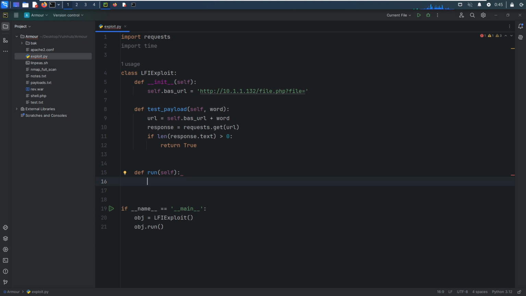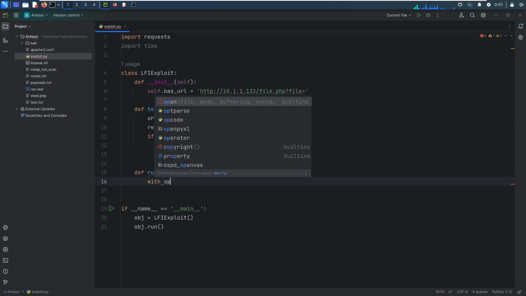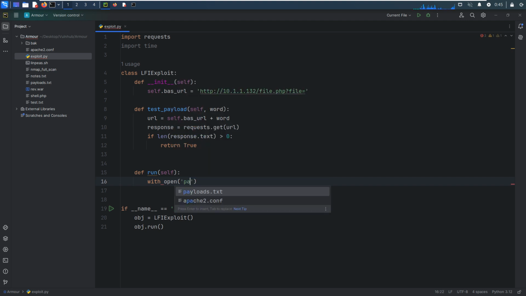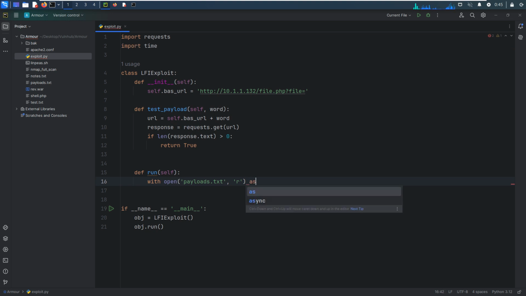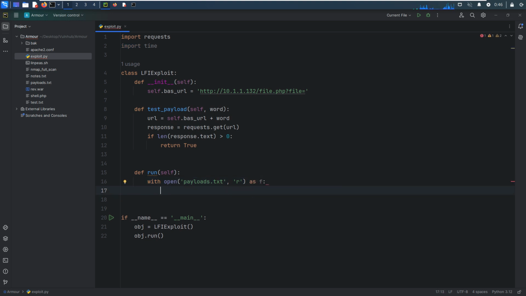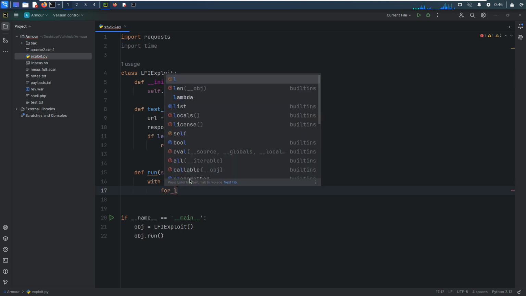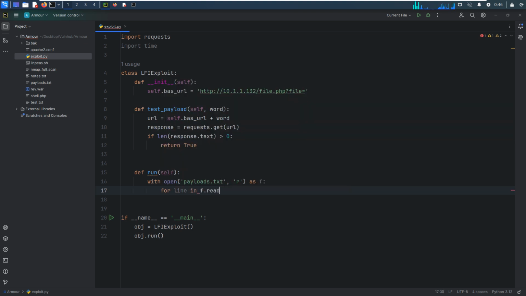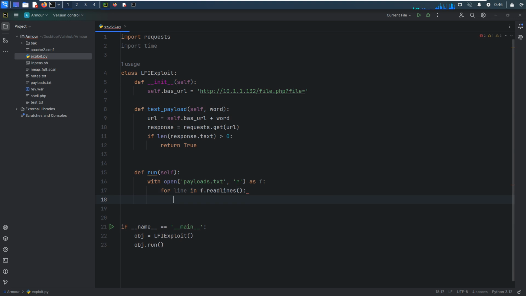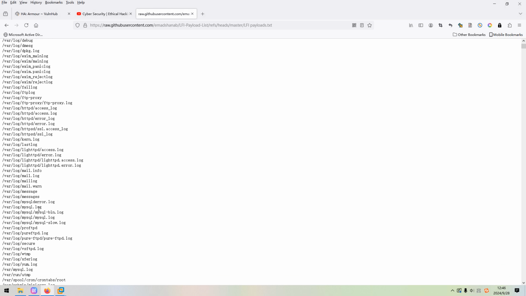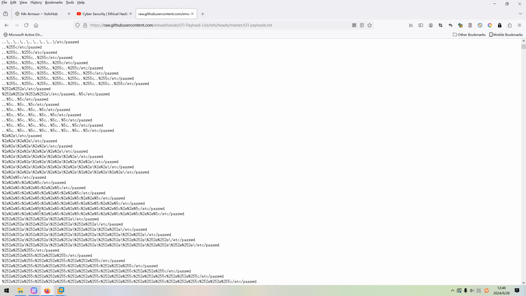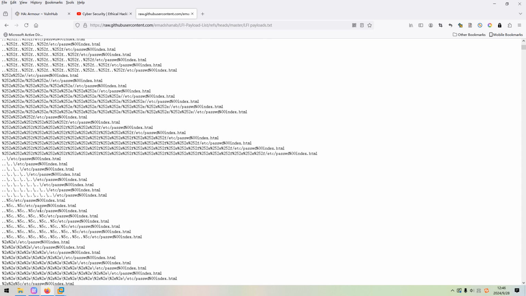Okay, so next we can write code for the major method run, with open payloads in read only mode as f, and for line in f read lines, pass. This payload file will contain payloads which are suitable for Windows, if the target machine is Windows.